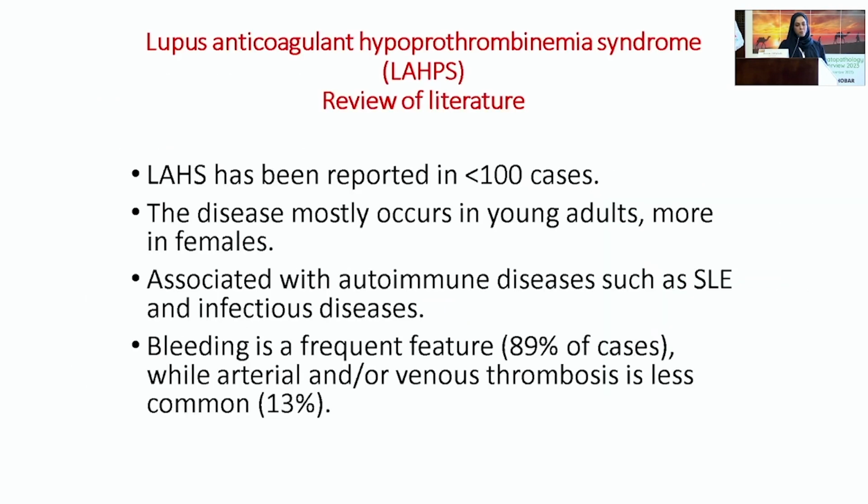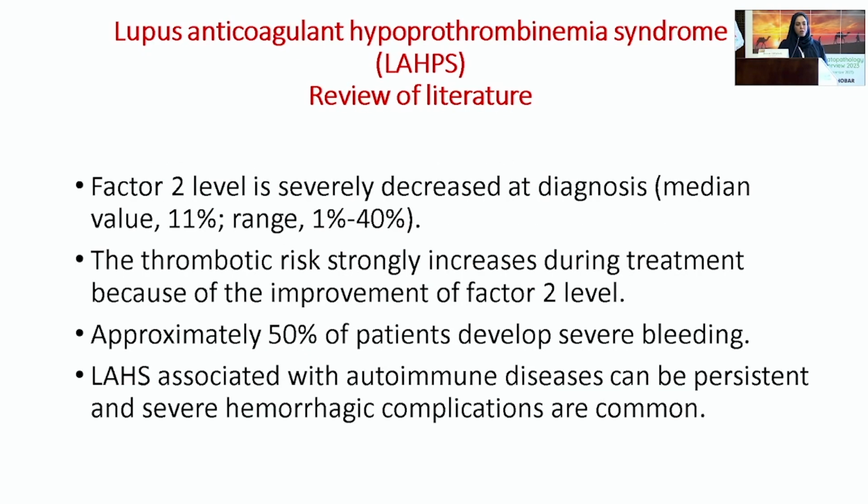as well as pregnancy loss. On review of the literature, these were reported in less than 100 cases, I remember, because we had a case during fellowship. The disease most commonly occurs in young adults, sometimes children, more in females, associated with autoimmune diseases. The bleeding is a frequent feature as well. Thrombosis is less common. Factor 2 is usually very low at diagnosis. Thrombotic risk will increase after treatment because you will be improving the factor 2 level. Approximately 50% present with bleeding,